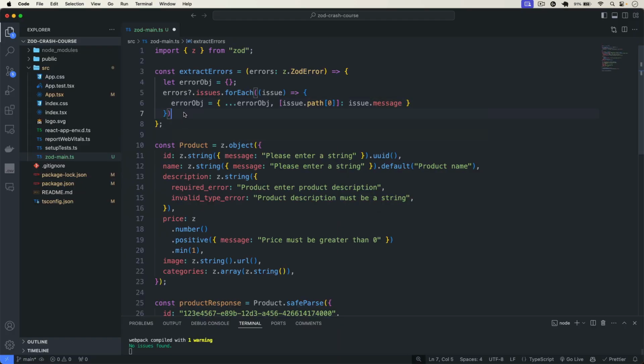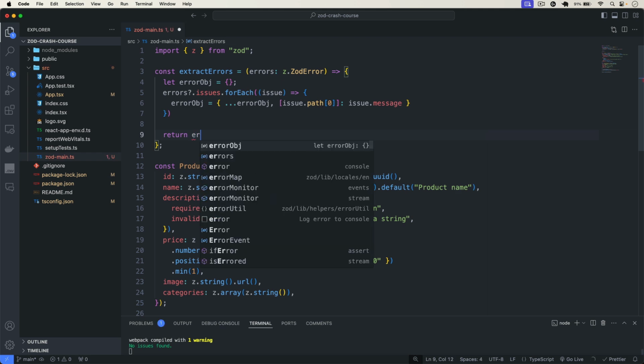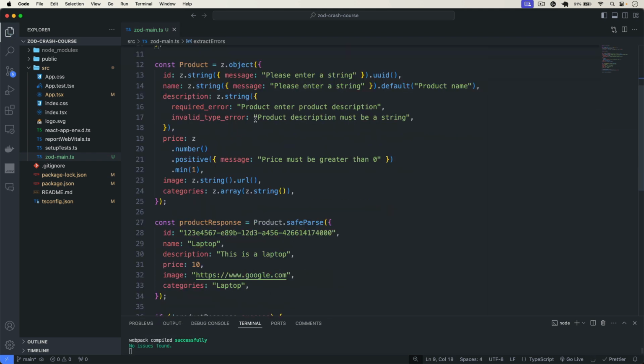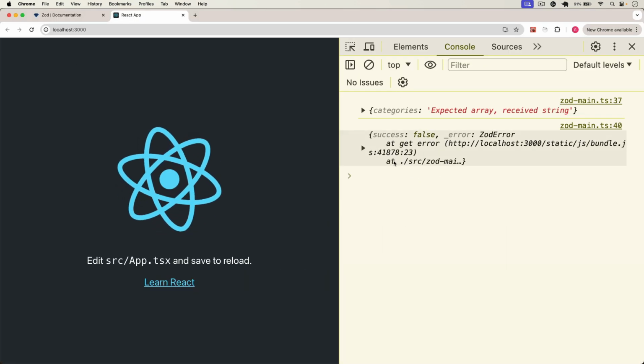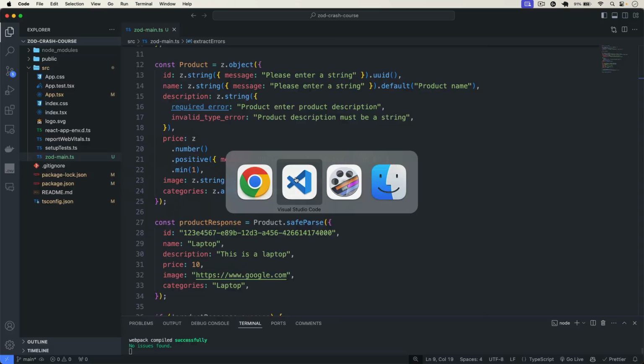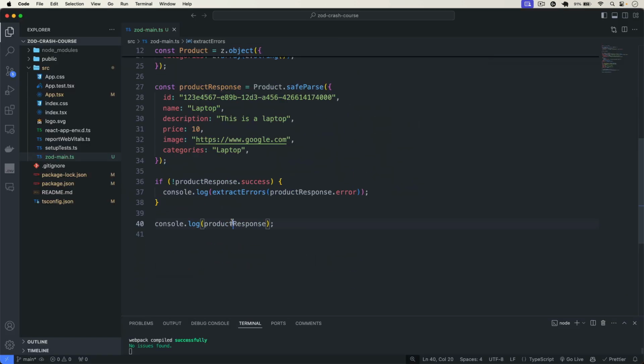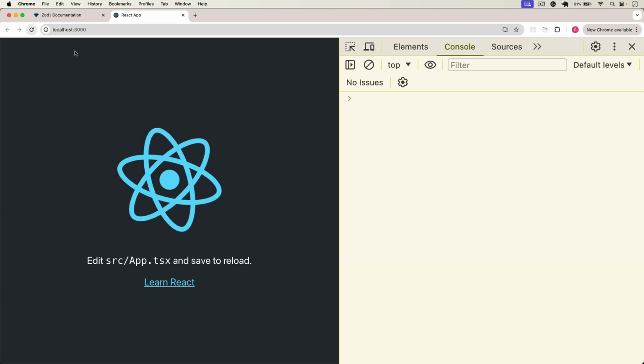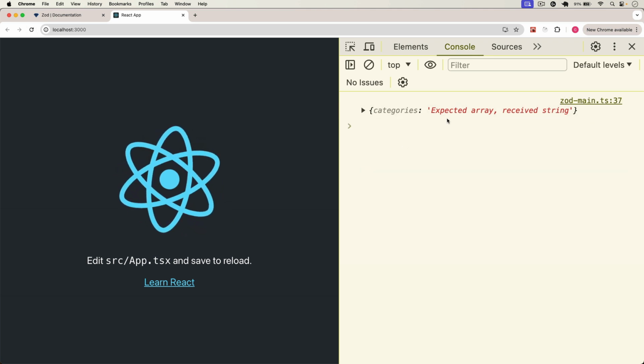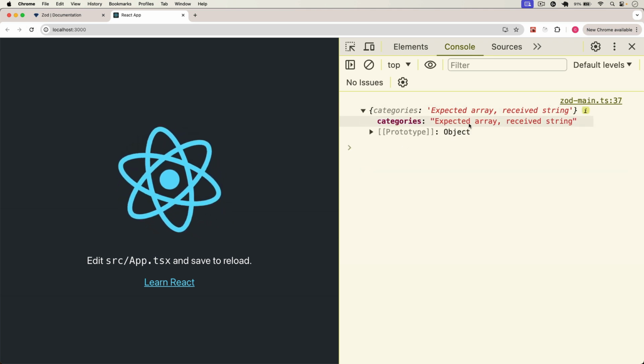Okay, and at the end we will simply return from here the error obj. And now let's see what we get back. If I reload the page, now you can see that here. Let's comment out this one for now. If I reload the page, you can see that here we get a proper error message that category expected array